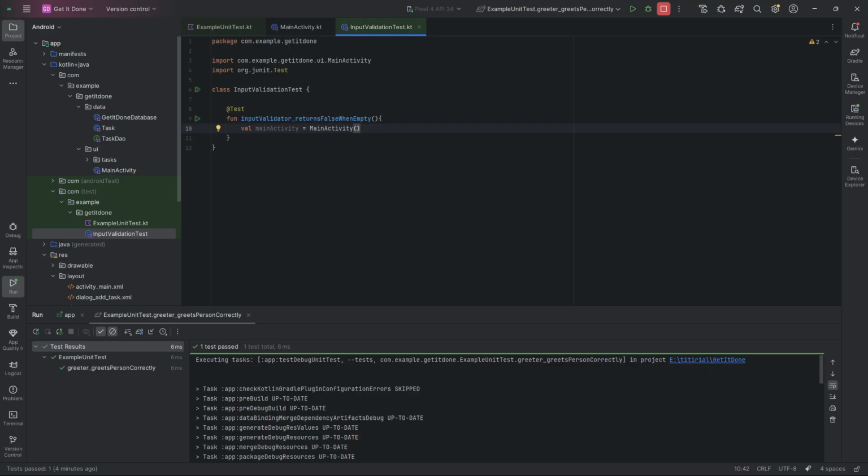We can call that function. So we should capture the result. So the result, if I